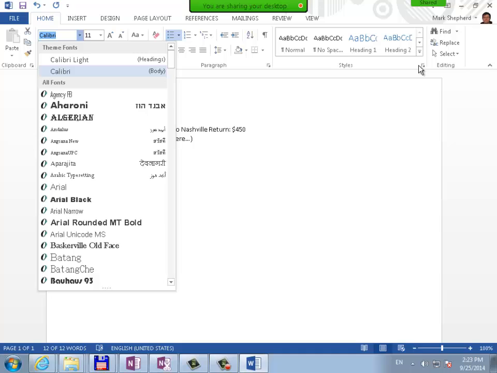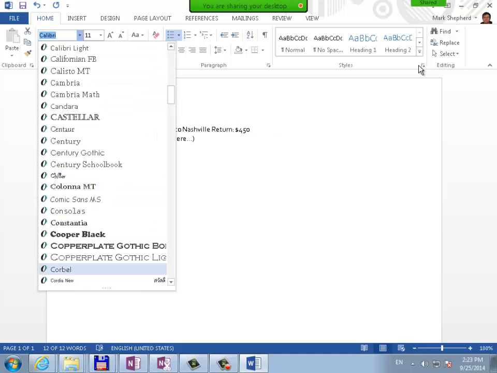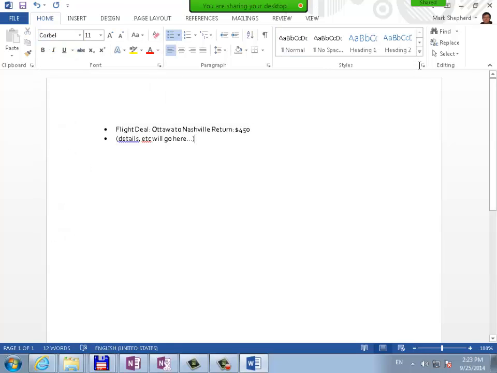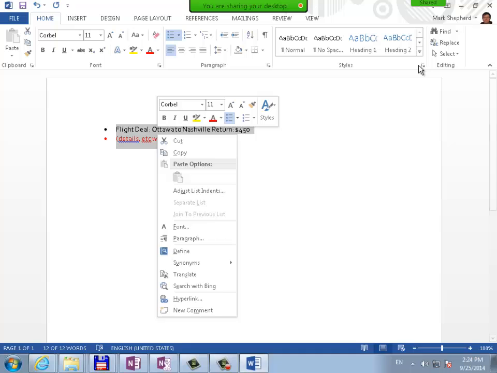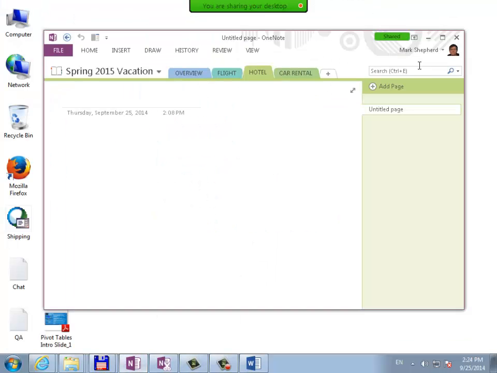So I'll change this over to, let's just use a different font for this one. I'm actually going to choose the Corbel font, which I like quite a lot. And maybe I'll change some of the formatting, right? So again, not a lot of detail on this example, but if I copy and paste any of that content right from Word, you can see that if I go into OneNote and I'm clicking on my flight, let's say